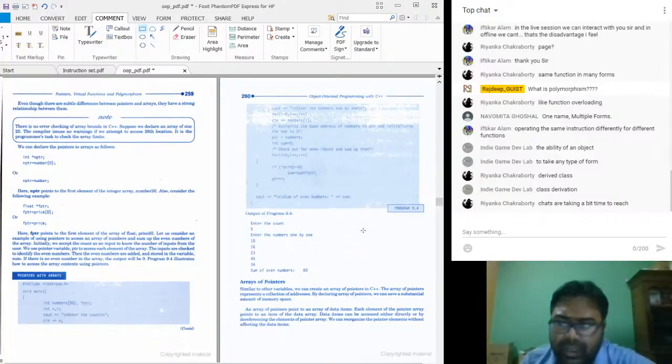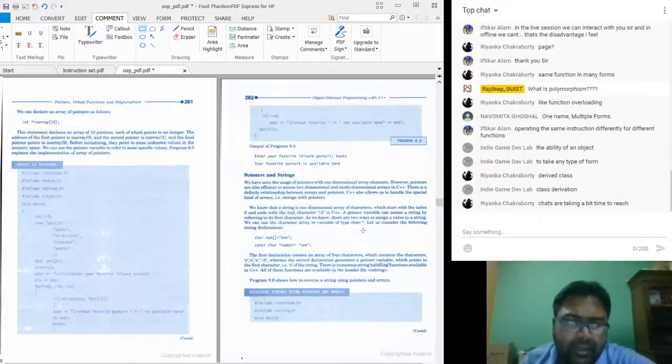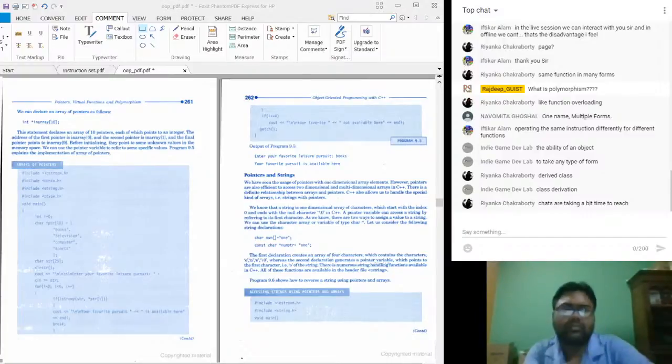Moving to the next topic, you have arrays of pointers. You can also declare an array of pointers, right? So you can create an array of pointer variables and assign the values.